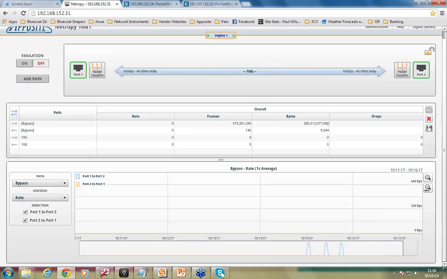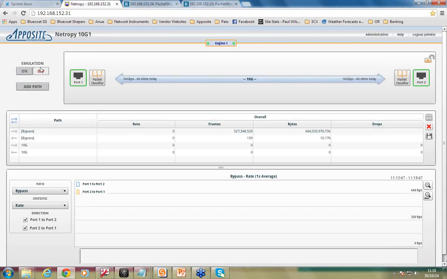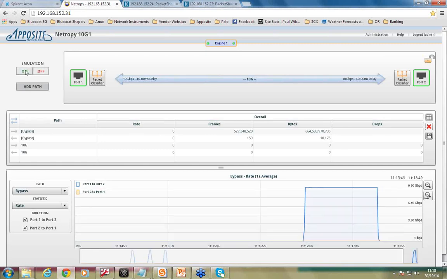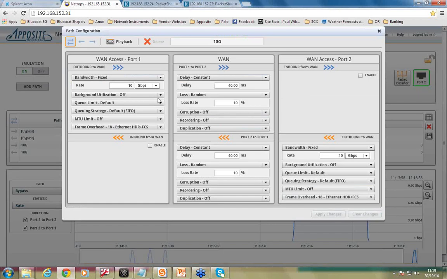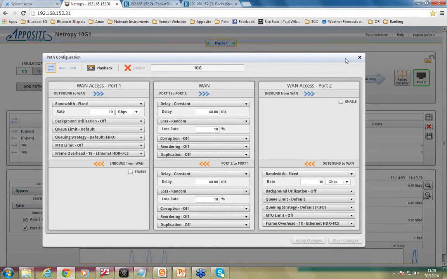Now what I'm going to do again is go back in. This is my NetGP device. Let's just load that up again. Seem to have lost connection to the console. And what I'm going to do now is run the emulation on. What I've got here is set up a 10 gig network, 10 gig in, 10 gig out. I'm running at 80 milliseconds of round trip, and I've got 10% packet loss on the network. So I'm now just going to enable this,